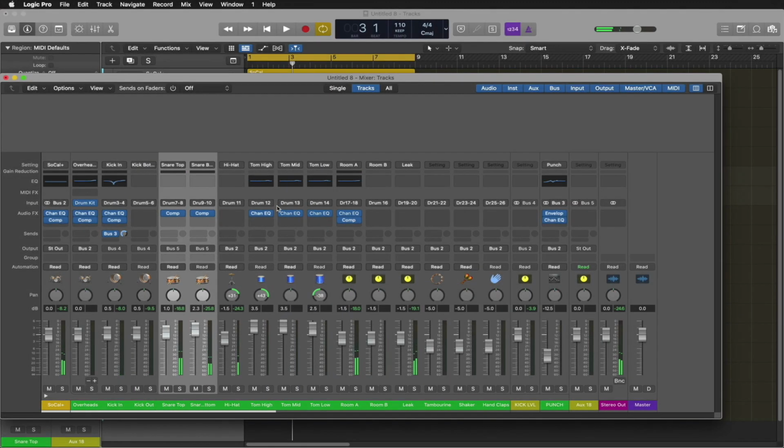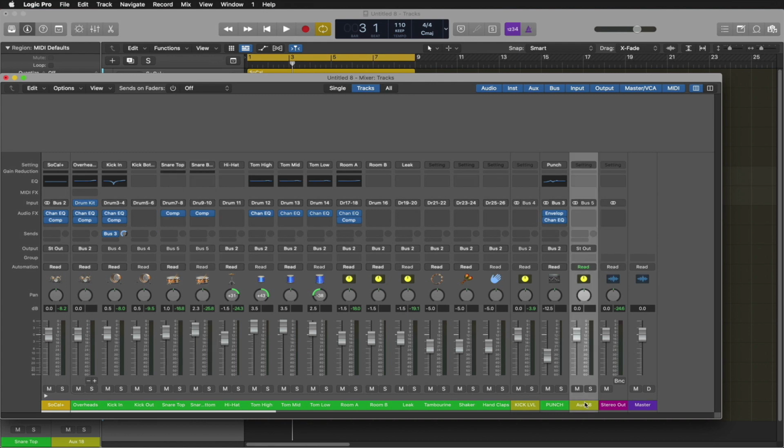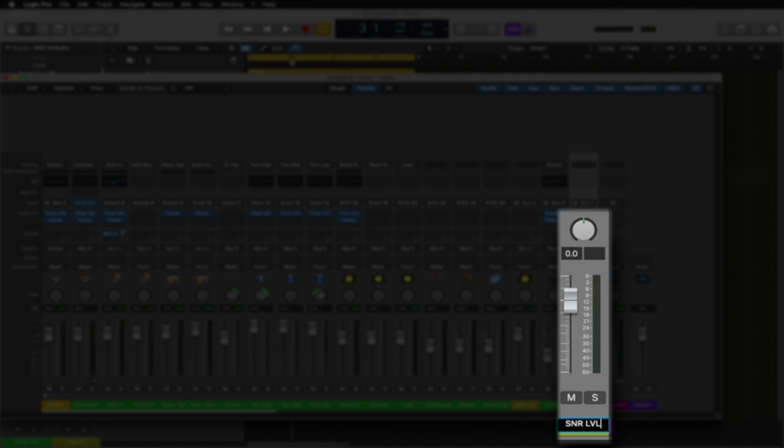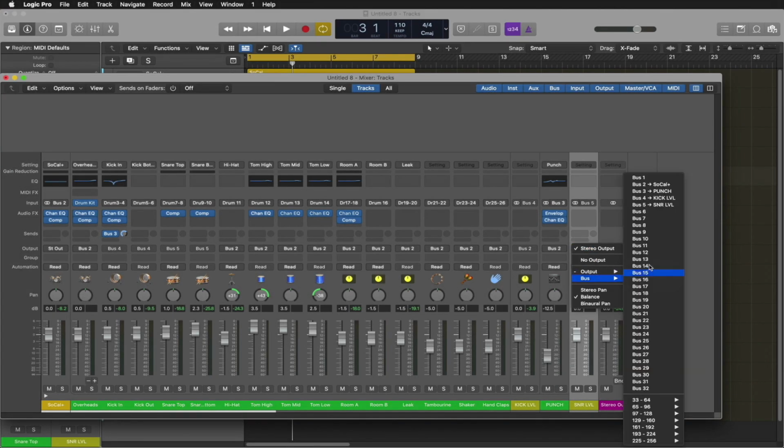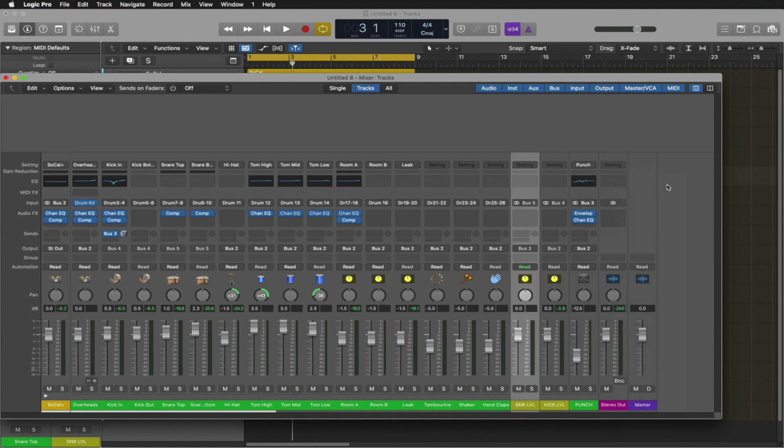When I assigned the snare channels to the aux, it caused a couple of the channel meters to spike, but doesn't appear to be anything major, so I'll move on to renaming the aux. Next, I'll reassign the output of the snare aux to the drum bus. Right-click and select Create Track, and turn off the automation mode.